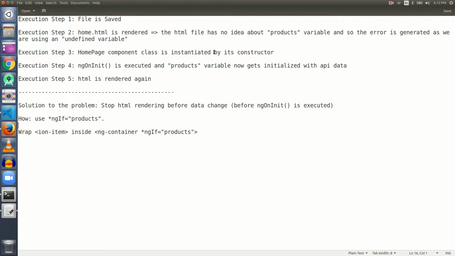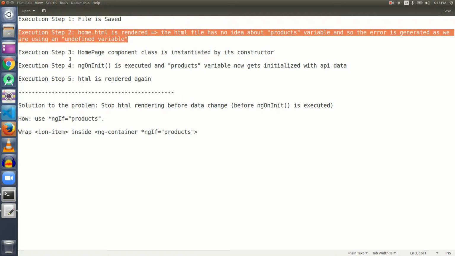After the constructor is executed, ngOnInit is executed, and the products variable now gets initialized with API data, and HTML is rendered again. This is the process that is causing the whole problem. So the solution is to stop HTML rendering before the data change, before ngOnInit is executed. So use *ngIf="products".